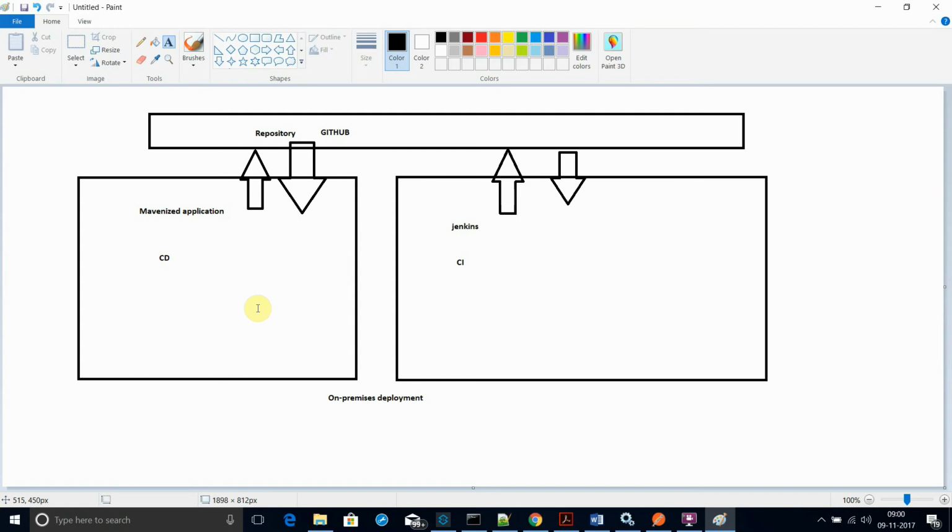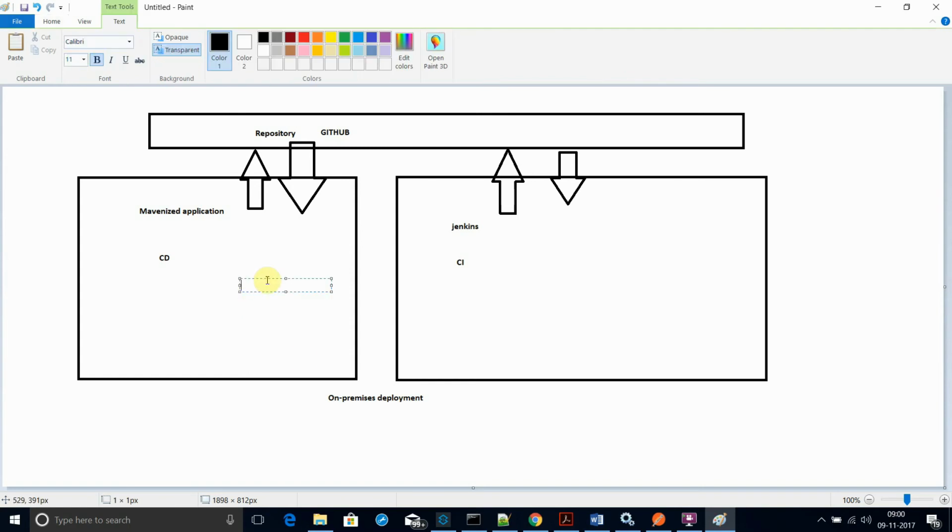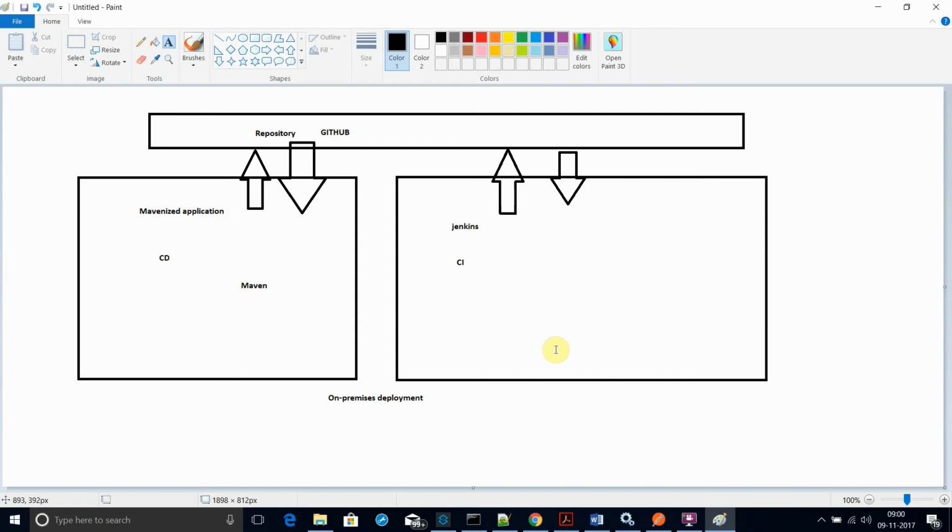Maven and Jenkins both help to do the repetitive job,